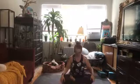Sukhasana, easy pose. So grounding your sit bones down on the floor. Remember, if your knees are coming all the way towards your chest, just always find something to just gently lift your butt a little bit off of the floor. A lift in your hips can help those knees relax down a little bit more. And we're gonna go ahead and bring our hands, palms to the center of our chest as we get here